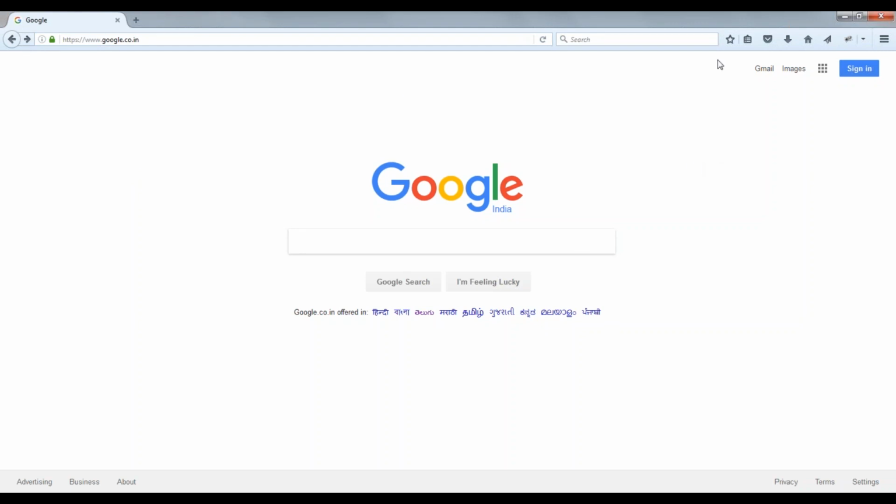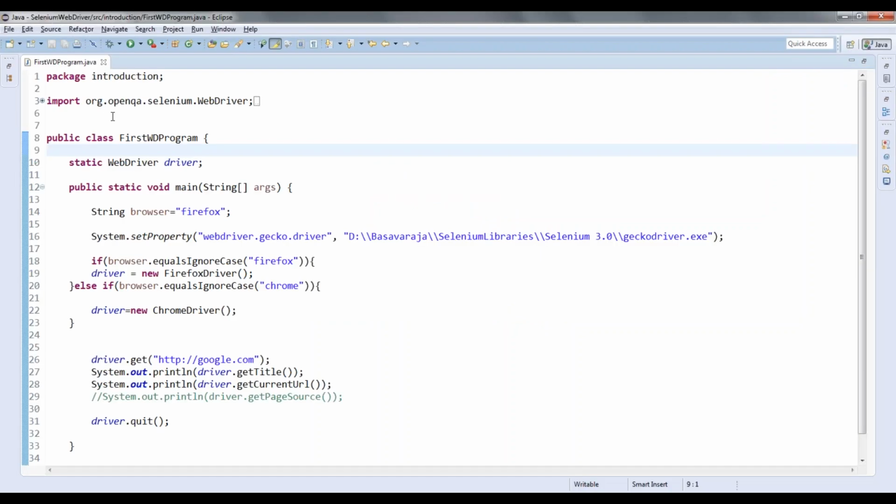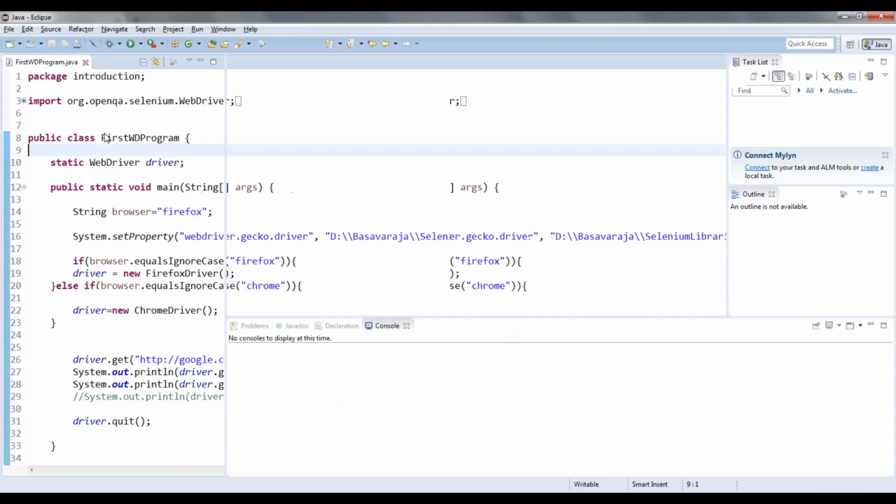So in the browser, whatever buttons or links or other things are there, we will be able to use those options using certain commands. For that we have the navigation commands.